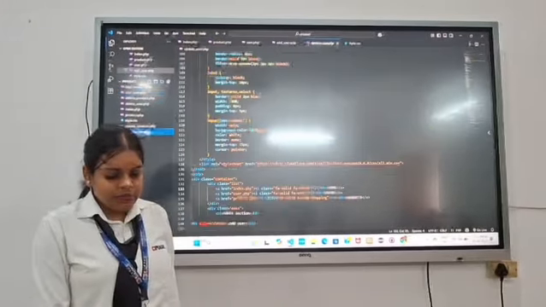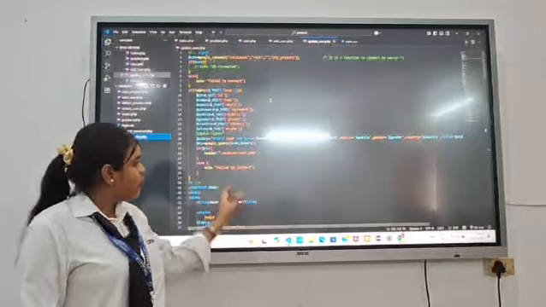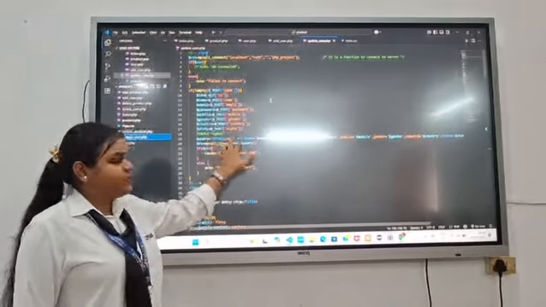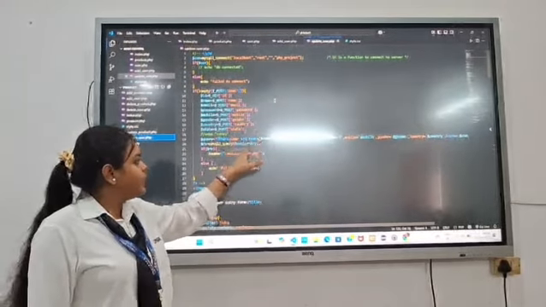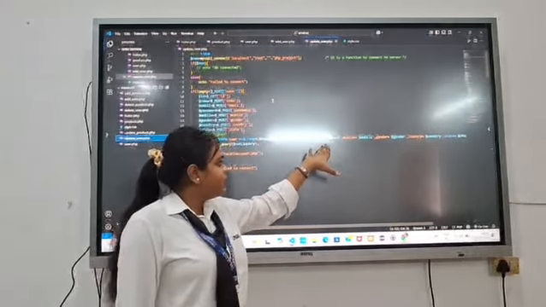To update a user, we are performing the update query in SQL. We are updating the user table and we are setting the name on the basis of the new name, the new email, the new password, the new mobile and